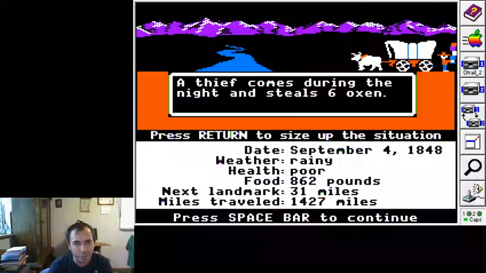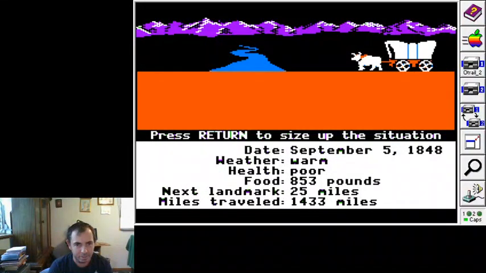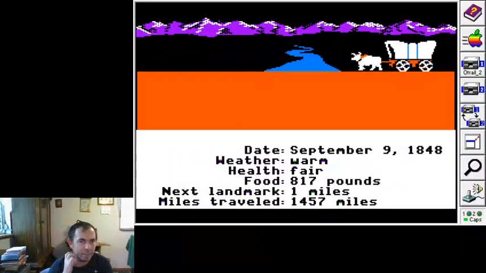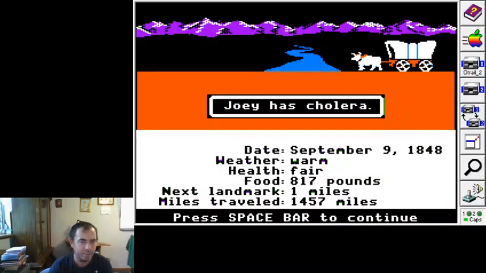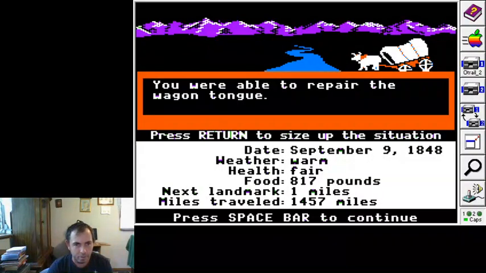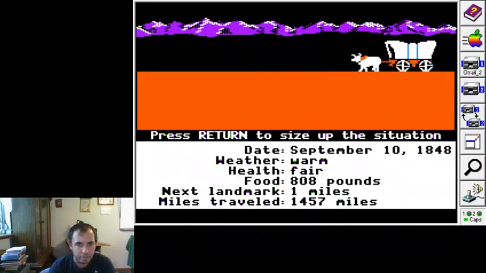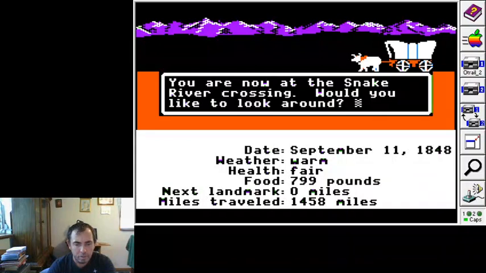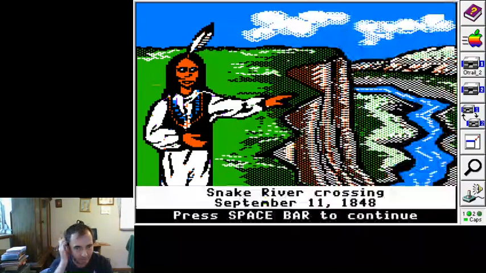How did the thief make off with 6 oxen? Anyway, it seems like with each party member that dies, and the fewer party members that you have, the less food that you go through per day, I guess.